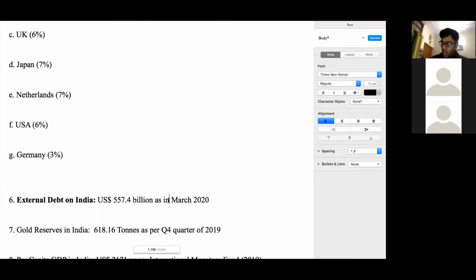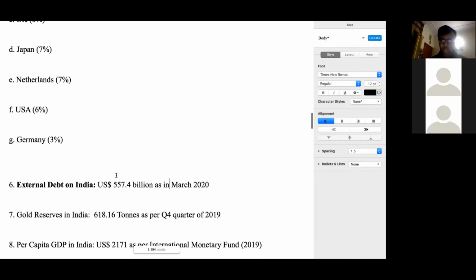So basically, whatever amount that at any point of time Indian organizations, Indian government, and all the state governments owe to foreign countries or foreign companies or foreign banks, World Bank, IMF, or other foreign financial institutions, minus whatever the rest of the world owes to India. That net figure is the external debt on India. So this is very largely a favorable figure. There's no big deal in this. There are no real alarms related to this figure. It's a sort of a healthy figure for India.